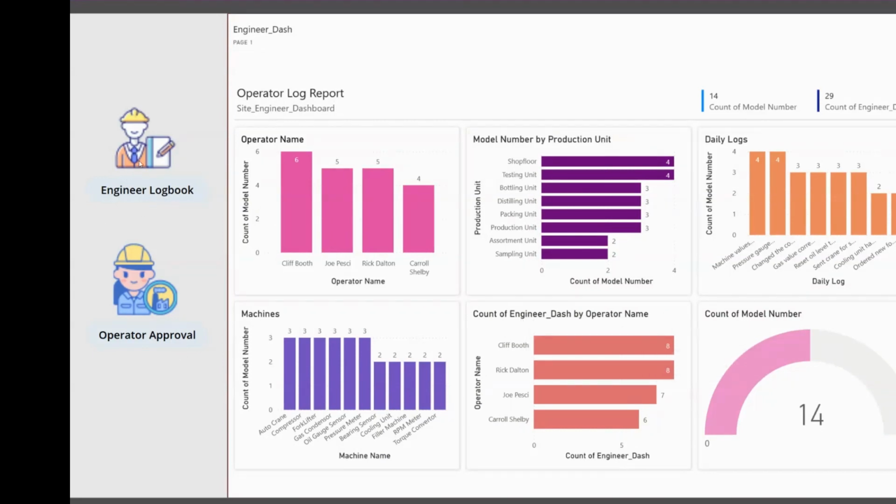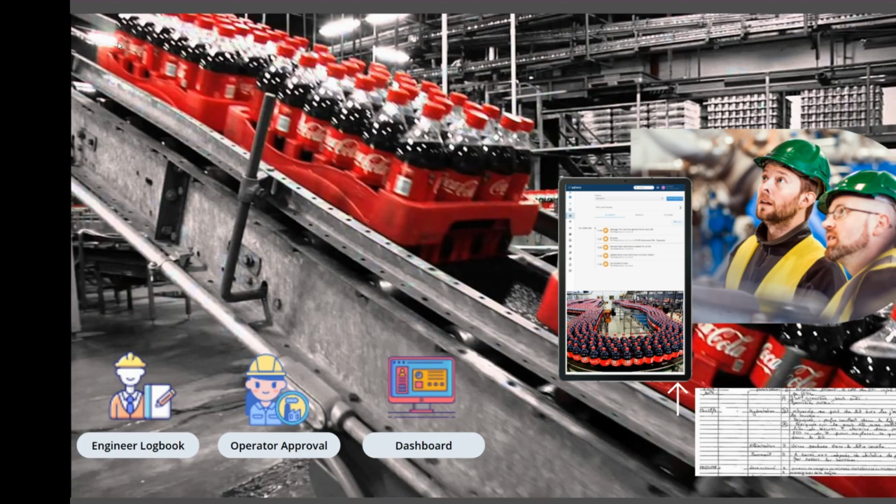Now let's go back to the homepage, and we would conclude this demo at this point of time. What we saw here today is how to digitalize a manual operator logbook, how a supervisor can have the bird's eye view of the team or the shift or the operators,